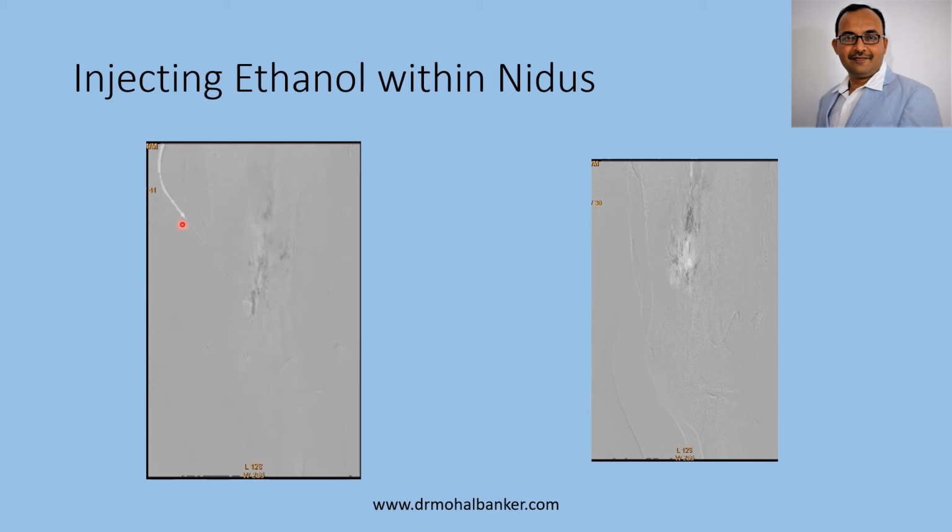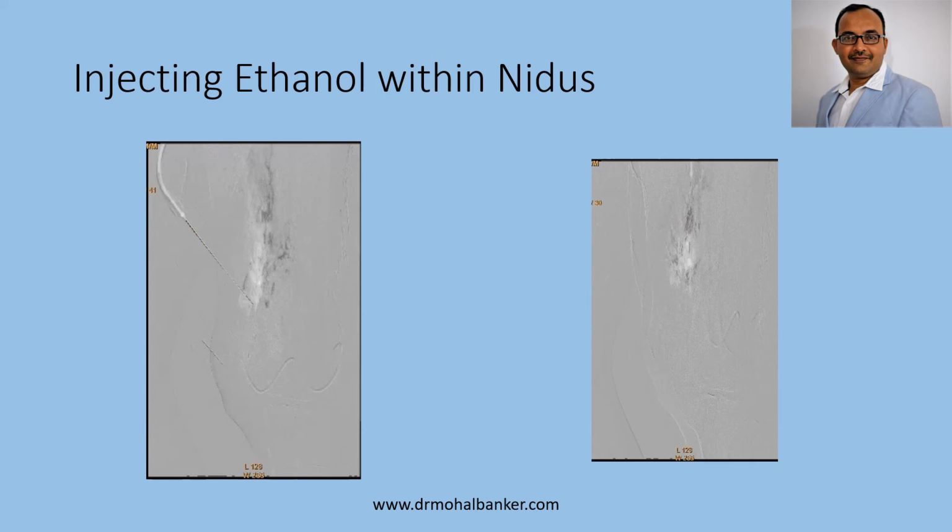And then you can see over here these white color areas. So these are ethanol injections within the lesion. These are negative contrast effect on the DSA, and by this spreading of this white color I am able to judge that this ethanol is spread over almost this much portion of the lesion. So by this negative contrast effect I am able to judge that this much of lesion is already covered